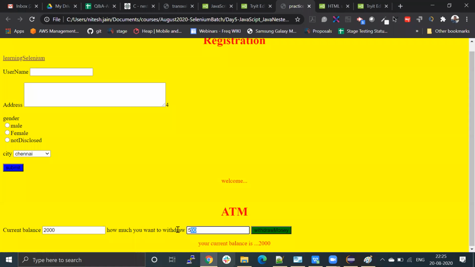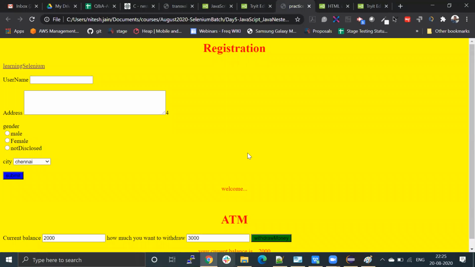And in any case, if I write it 2000 and here the 3000, if I click here, it should say me it's not possible, or you can say withdrawal cancelled, because the withdrawal money is greater than the balance value. It should say something like that. So this assignment is done. I'm not taking now. Now you guys have to put your logic,